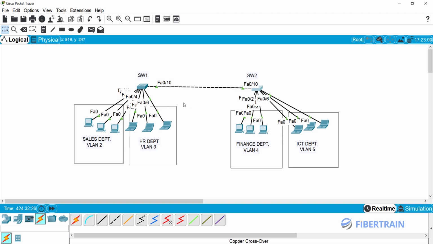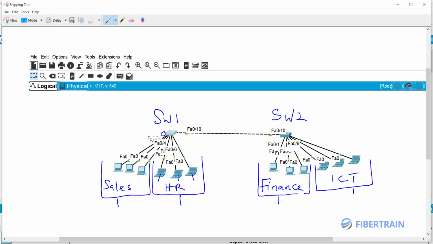Okay, so since trunking is what will allow traffic from this switch to move on to the other switch, how do we configure trunking? By definition, I could quickly write somewhere here. So trunking is also known as port tagging. Okay, so trunking is a Cisco name. Other vendors will call it port tagging,